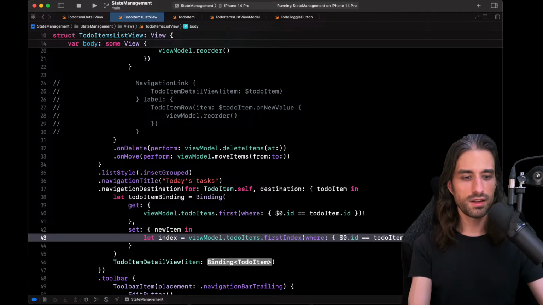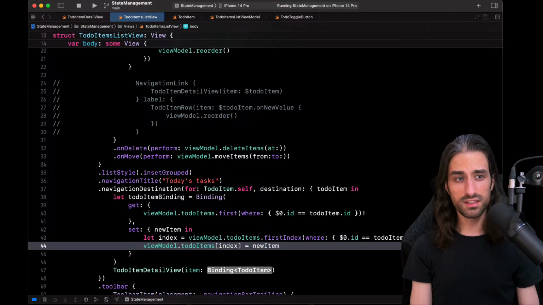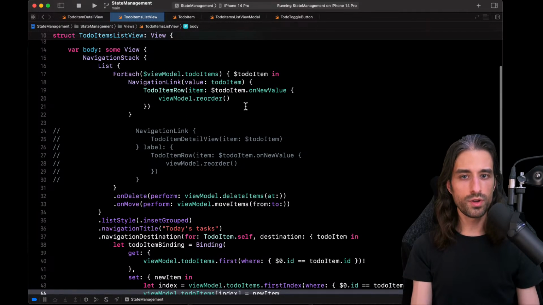We unwrap here with the same logic as before. And now that we have the index on the array, we just update the item at the index with the new item. And so this is basically what the compiler is doing under the hood when we are using this syntax to get a binding to each item of the array.